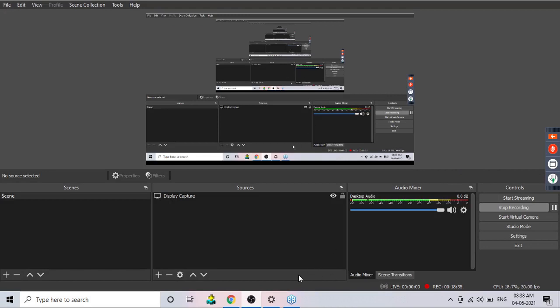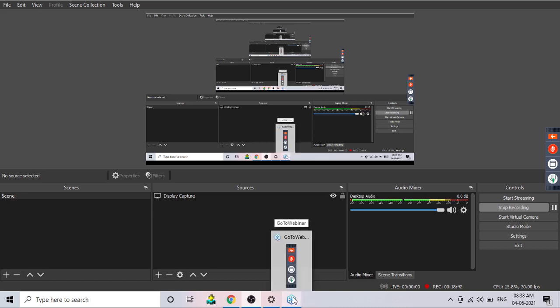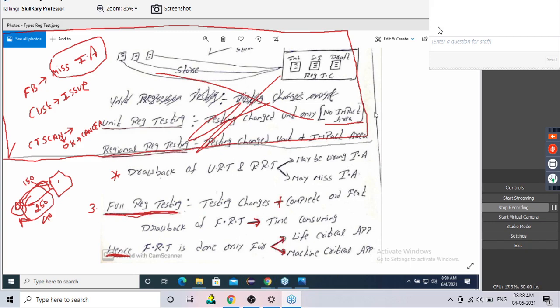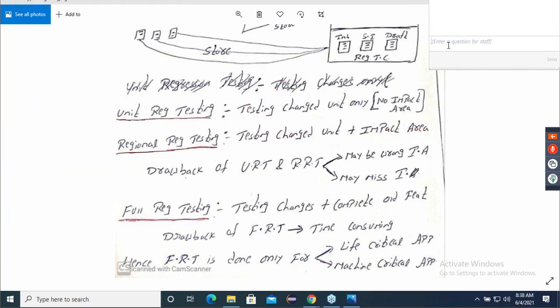What was the topic number? Many people are asking what the topic number is, because when I was teaching this, 370 were there, and now suddenly 405 people have come because it's morning. What was the topic number that we discussed? This one, types of regression testing. Was it day one or day 2? Day one, topic 3. Done.